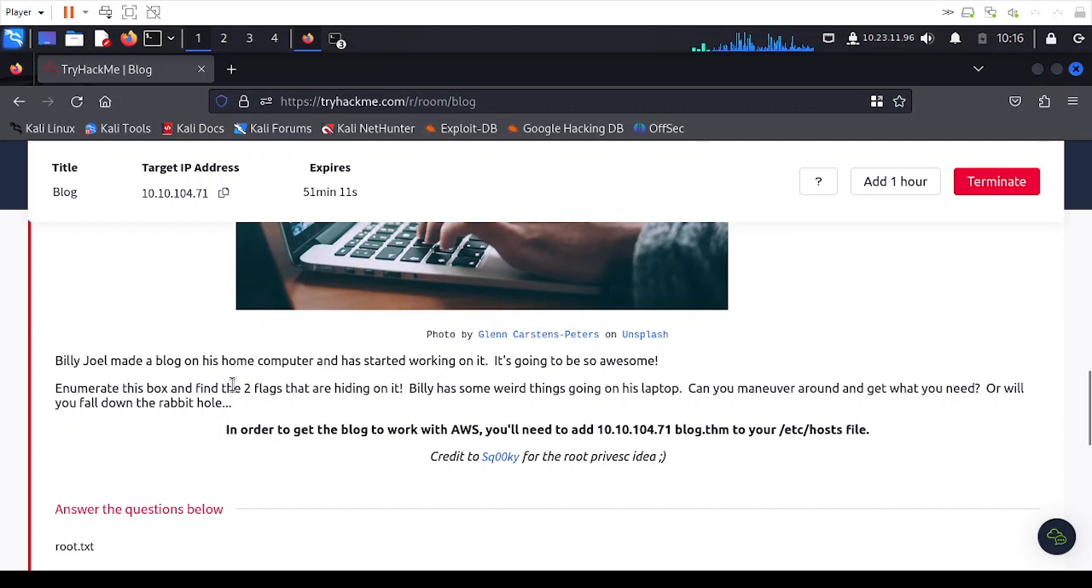Enumerate this box and find the two flags that are hiding on it. Billy has some weird things going on his laptop. Can you maneuver around and get what you need, or will you fall down the rabbit hole? In order to get the blog to work with AWS, you'll need to add the IP address